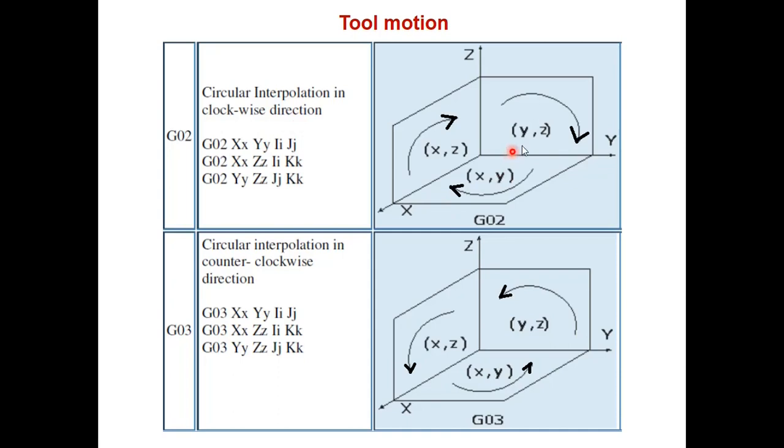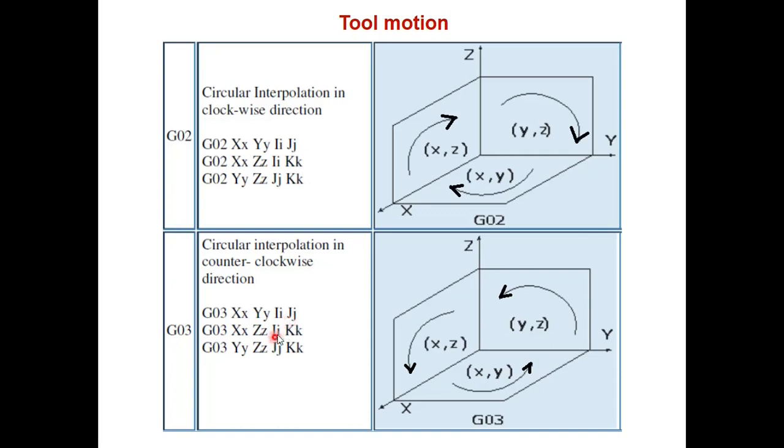So when you see here, let's say I'm seeing from X in a plane of YZ. So you can see I'm doing clockwise. If this is my starting point, and let's say this is my end point, that is in clockwise, I'm doing any machining operation, I have to use G02. But if it is in anti-clockwise direction, let's say in the same thing, I'm moving like this. So that is anti-clockwise direction, I have to use G03, followed by X and Y coordinates, and